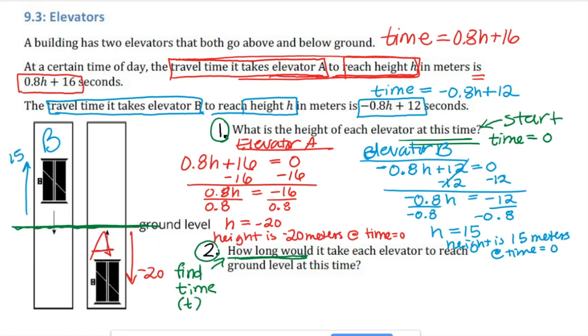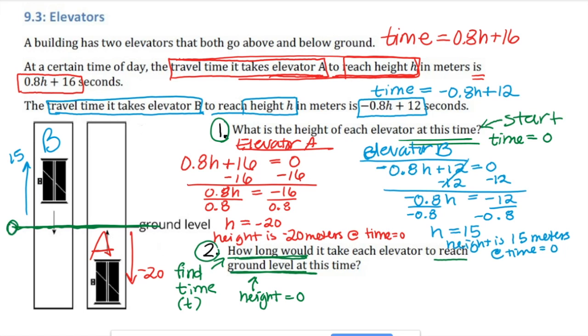So that's what I'm looking for. That's what I don't know. Now it says to reach ground level. What would the height of ground level be? What do you think we could call the height of like the main floor? Well, the height would equal 0. Zero is our main ground level,